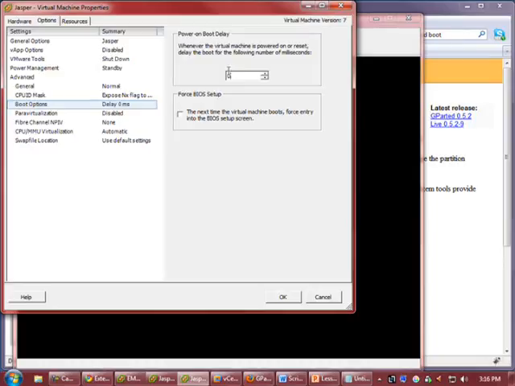So by setting this boot delay temporarily, we can get that to display longer. 30,000 is 30 seconds. It's measured in milliseconds here. So we just say OK. Now we power on the VM, and when it powers on, you'll see right away it says press escape for the boot